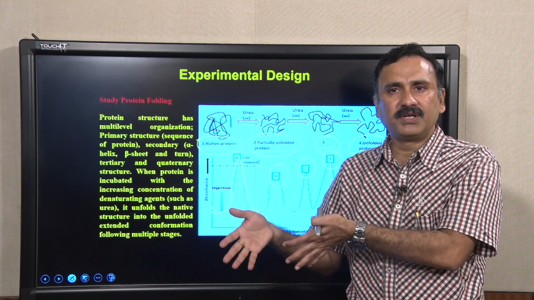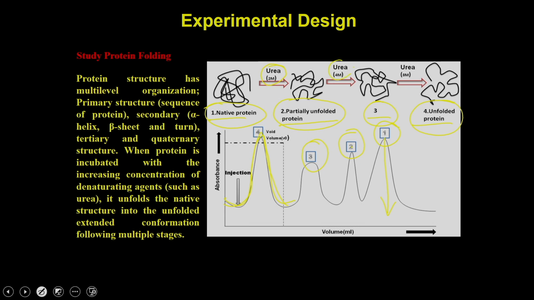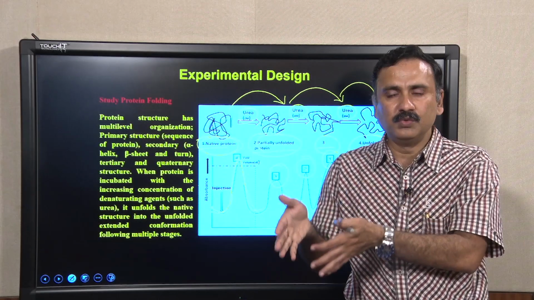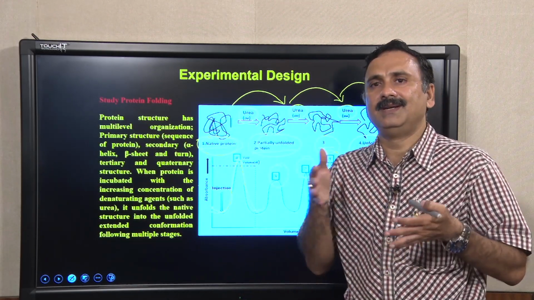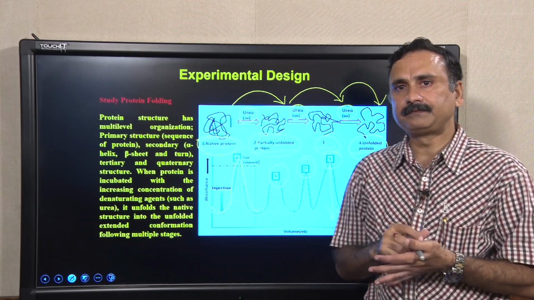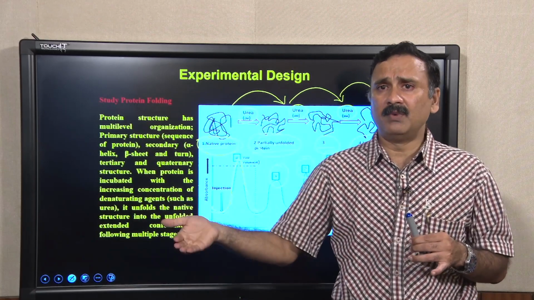whether the protein is more stable or less stable, because the amount of urea that you are going to use in this experiment is going to determine how much urea is required to bring the 1 position to 2 position, or 2 to 3 position, or from 3 to 4 positions. The amount of urea that you use is going to indirectly tell you how stable the native conformation is, and that question can be asked even for the different oligomers, because